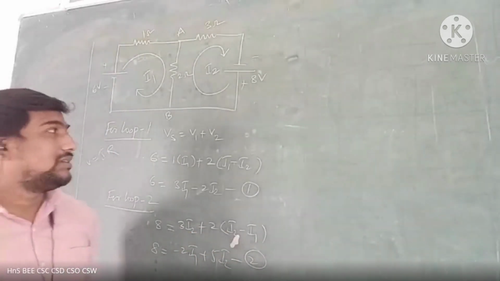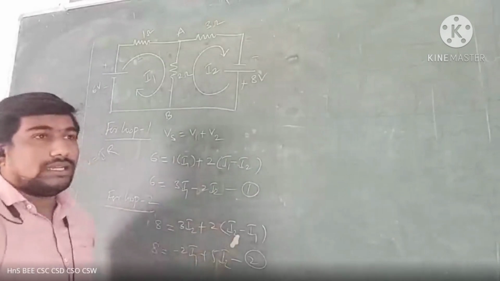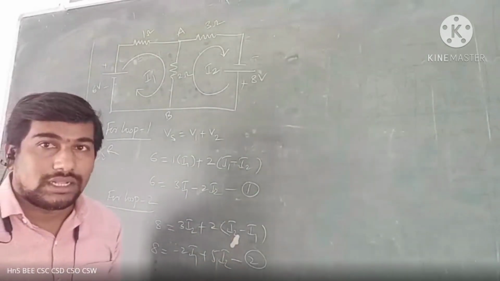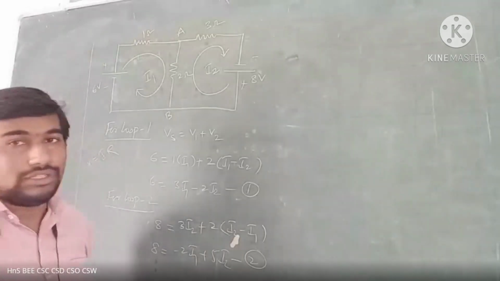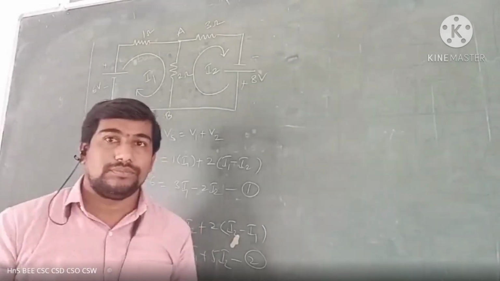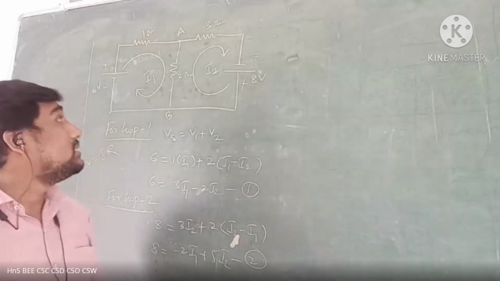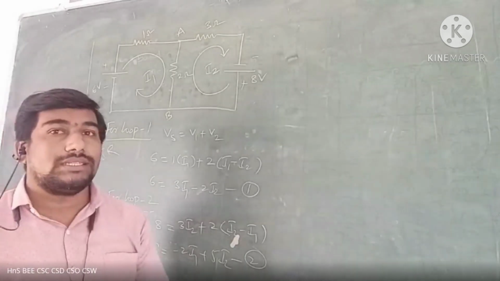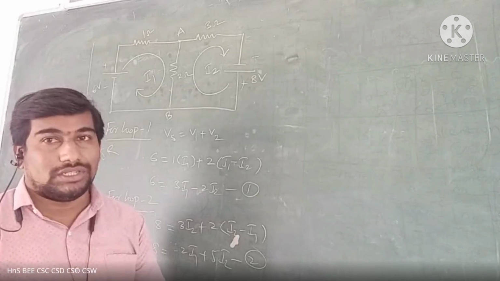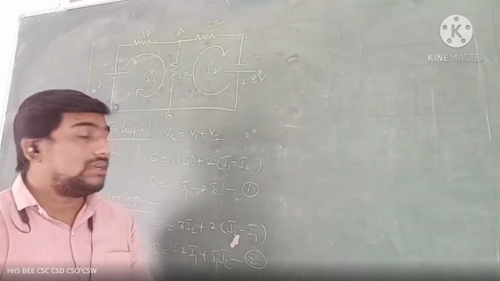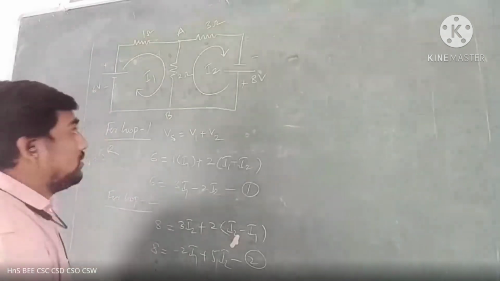Sir, it's simple. After this is complete, solve equations 1 and 2 and we can get the I1 value and I2 value. That is a totally long question, a 7 marks or 8 marks question. Okay, what's our main function in this mesh analysis or loop analysis? The main function is to write the loop equations based on the directions. Okay, now come to the solution.